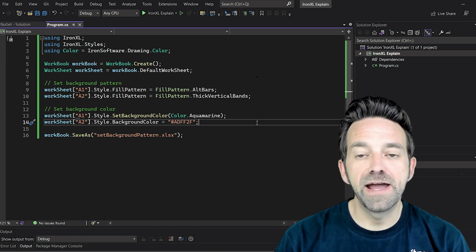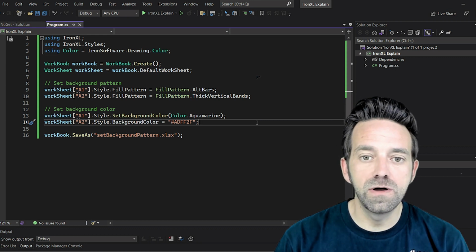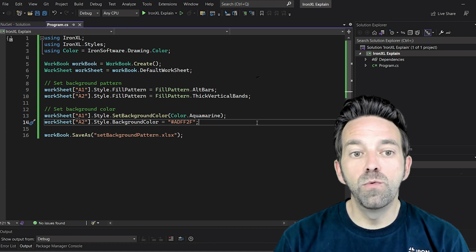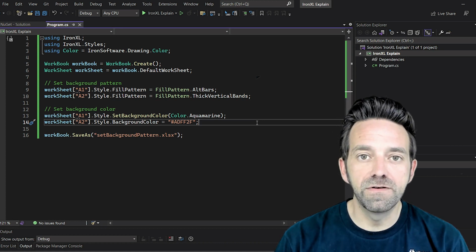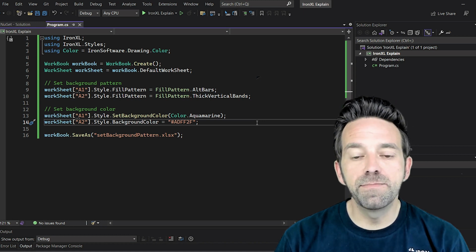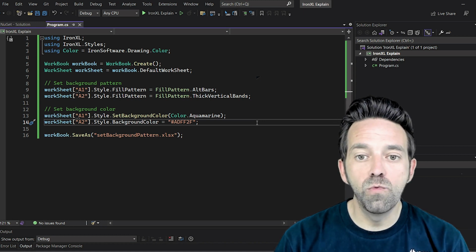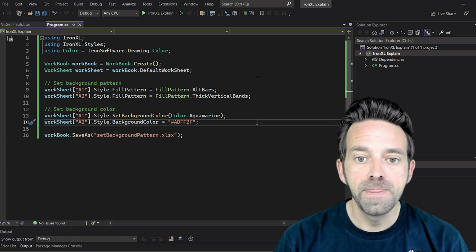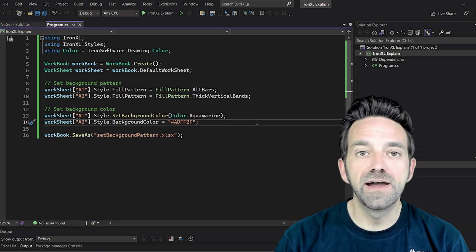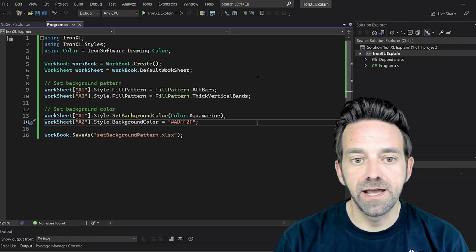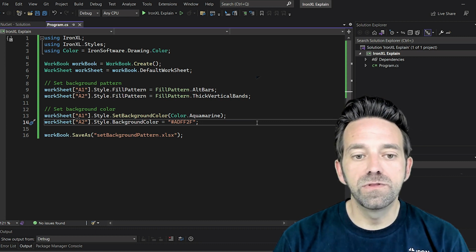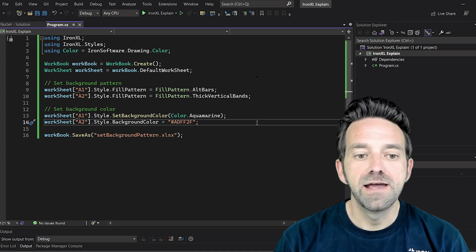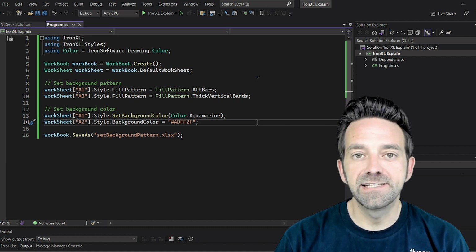Next, we set the background fill patterns for cells A1 and A2. Cell A1 will feature alternating bars, while cell A2 will display thick vertical bands. And we've also set the background colors for these same cells. A1 is set to an aquamarine color, and A2 is set to a color defined by the hex code #ADFF2F. So finally, we're saving the workbook with all these changes to a file named